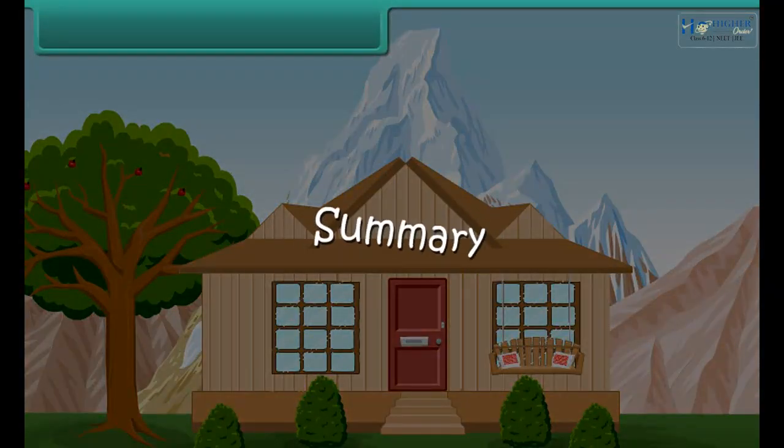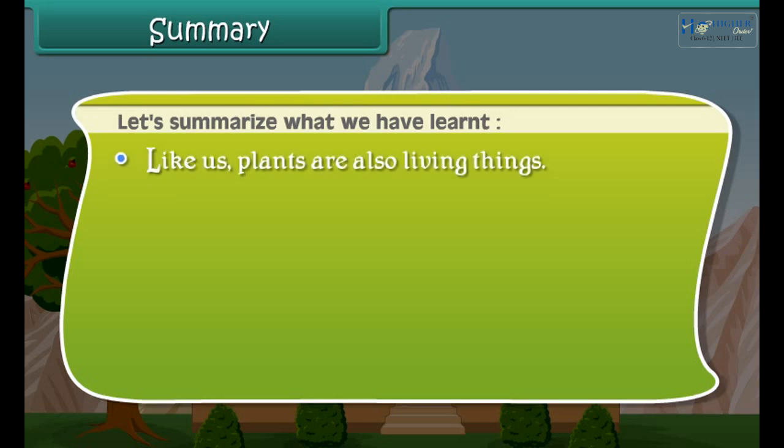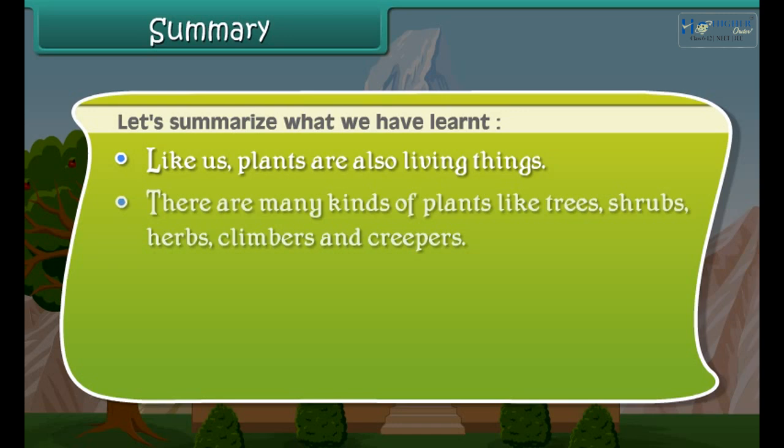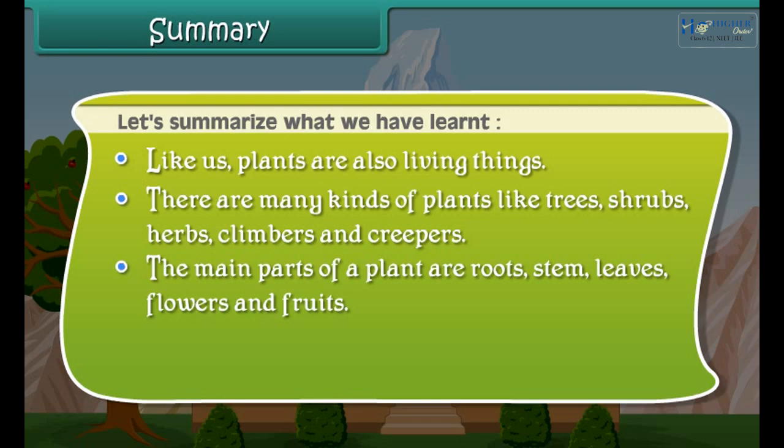Summary. Now friends, let us summarize what we have learned so far. Like us, plants are also living things. There are many kinds of plants like trees, shrubs, herbs, climbers, and creepers. The main parts of a plant are roots, stem, leaves, flowers, and fruits. Plants give